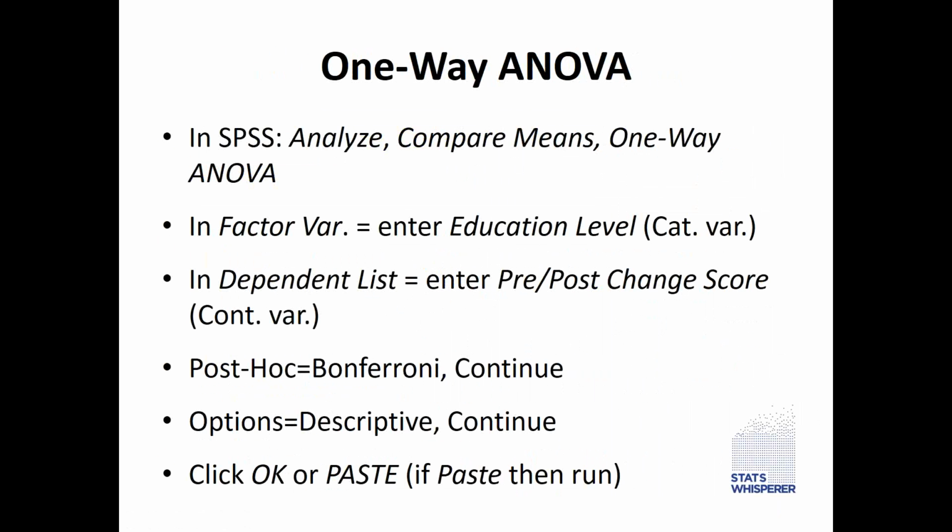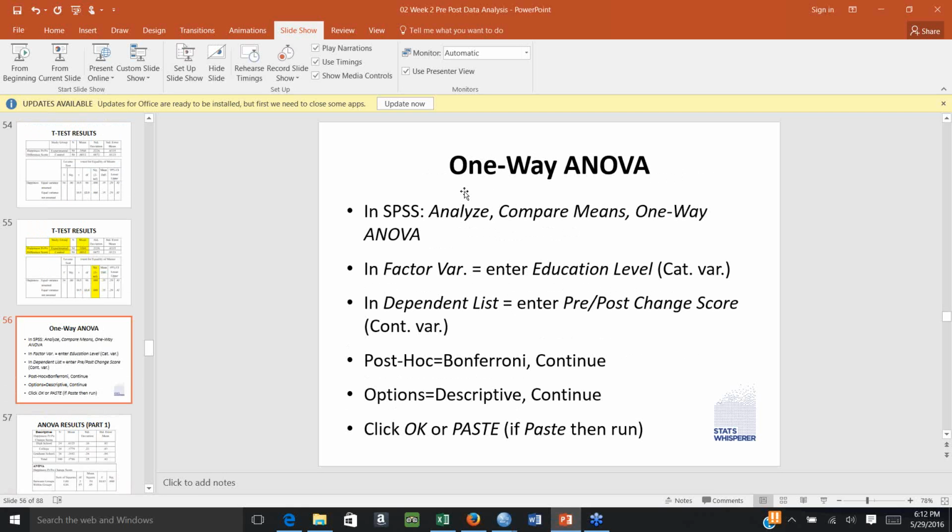Now, next, recall, we need to do the one-way ANOVA. Now, recall, the one-way ANOVA is used when we're looking at if the pretest post-test score differences are different for a categorical variable with more than 2 categories, such as education level. If we're going to do the ANOVA really fast,